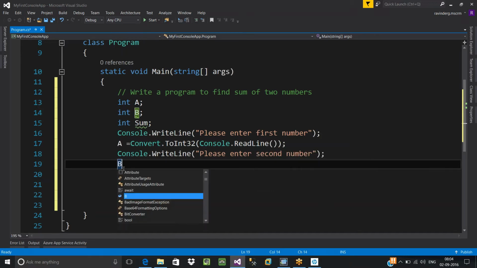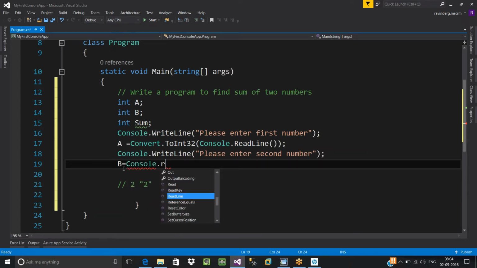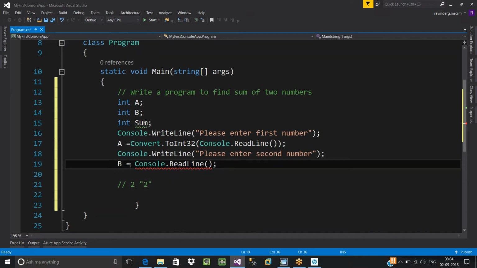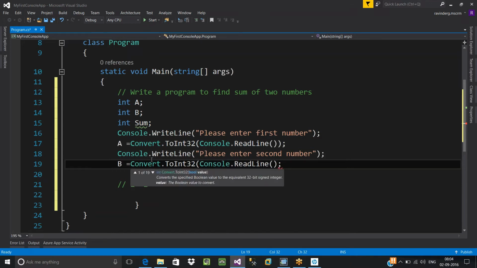So if you say B is equal to, again, Console.ReadLine, what will happen? Again, it throws an error, because Console.ReadLine reads everything in the form of a string, but B is of type integer. So again, what has to be done? It has to be converted into the left side data type. Convert.ToInt32 of Console.ReadLine.